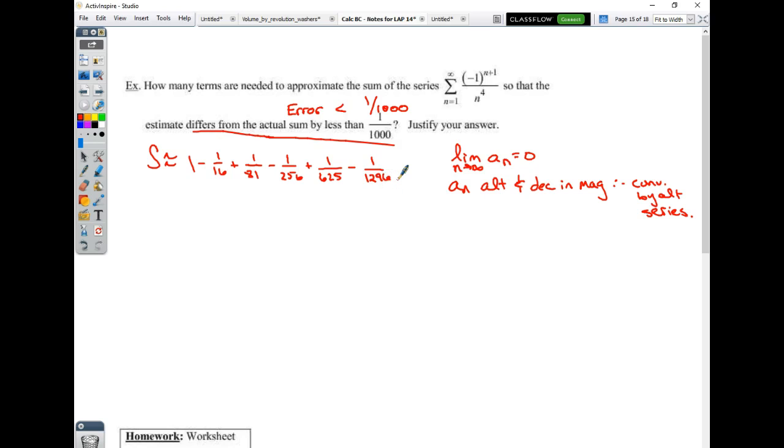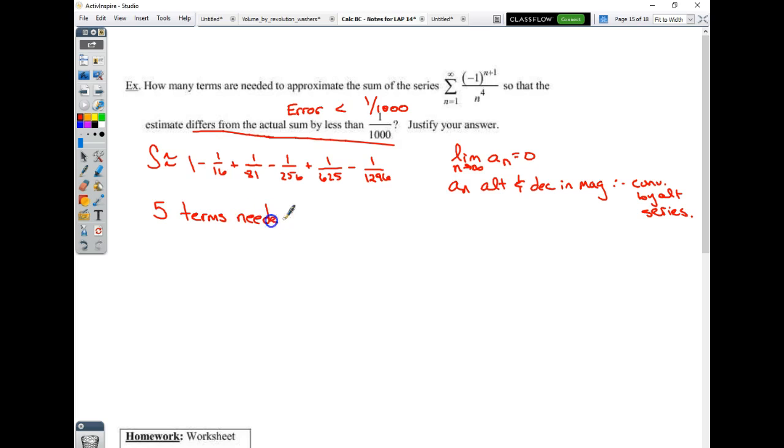Okay, what do I notice? This is smaller than the 1/1000th. And what do we know about alternating series error? Look at the question. The question is, how many terms do I need to approximate the sum so that the estimate differs from the actual sum, right? I found a number that is less than 1 over 1000, so how many terms did I need for this? Well, how many terms are in the sum that fits this? 5. There are 5 terms